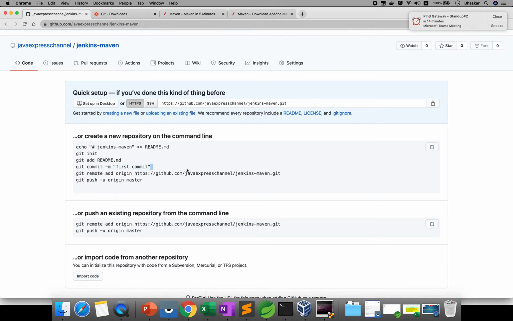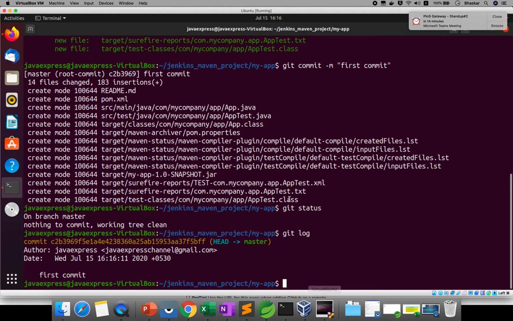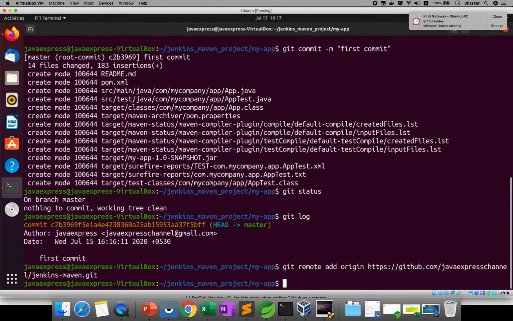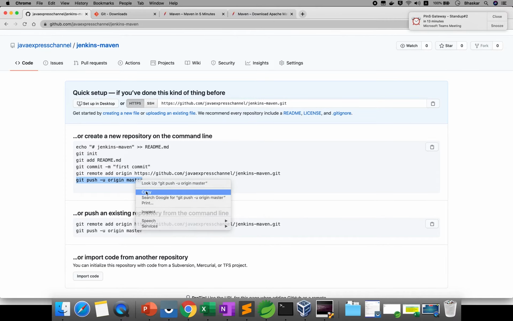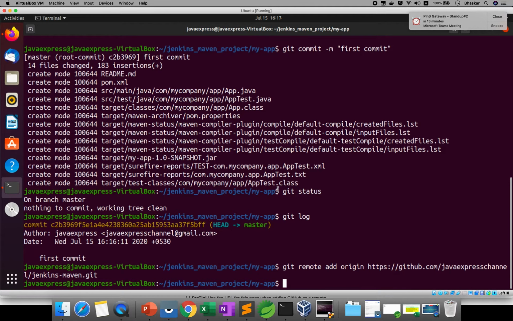Now I will add git remote, this is my repository. Go here, just paste it. Your repository is added. Now you need to push, and when you push, it will ask you to configure your username and password. To configure, git config --global user.name, you can say Java Express.